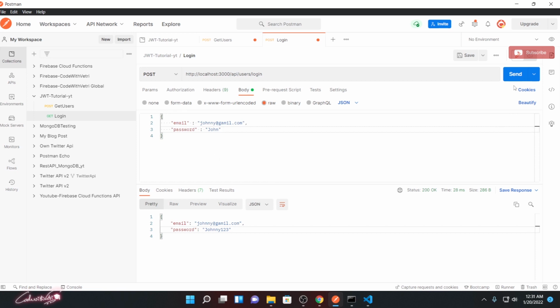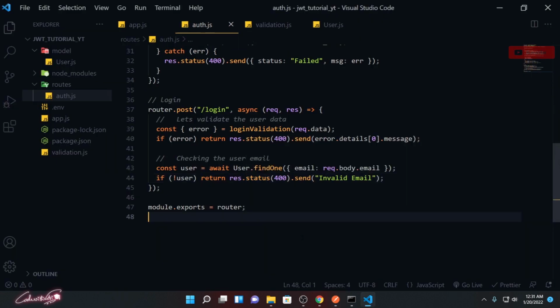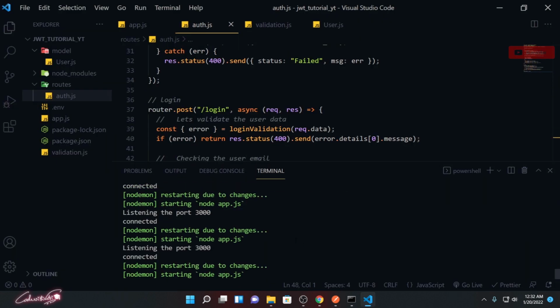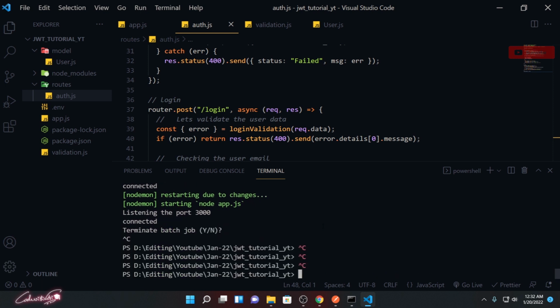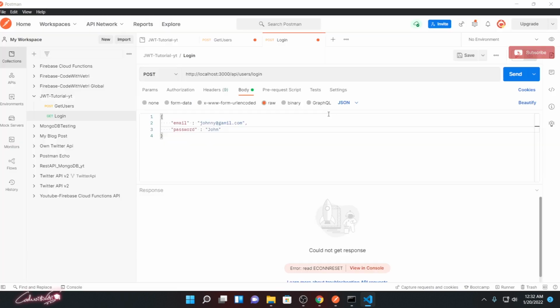So this email is already there. If I click send, it needs to send a response back, but it's not sending anything. So let me stop the server and rerun it. Post users login, we are sending the email. Nothing is returning back.